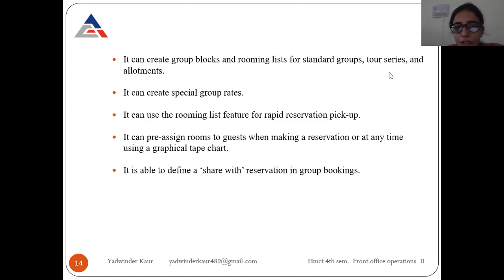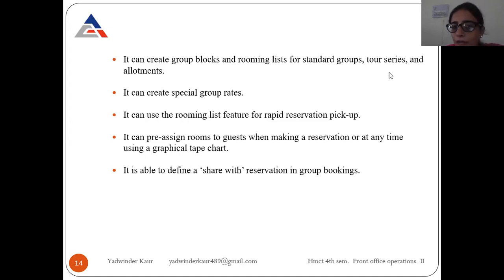It can create special group rates. In the reservations module, we can create special group rates also. Right? Some hotels have special group rates, so we will provide them, and we have to create them in the system. It can use rooming list features for rapid reservations pickup.